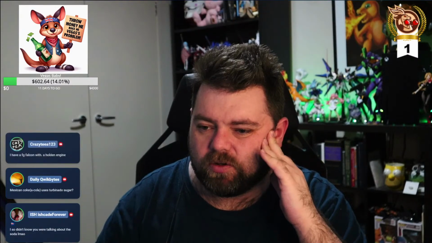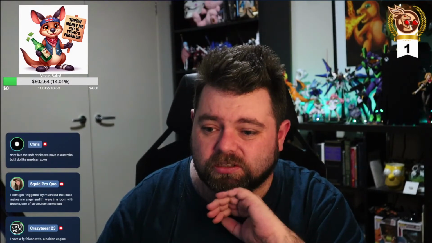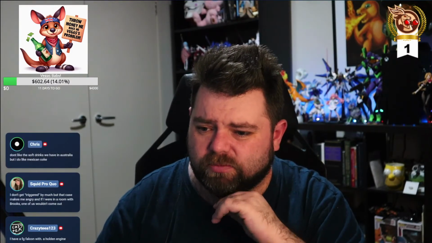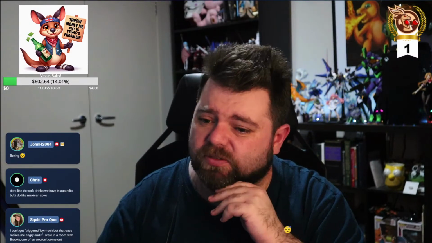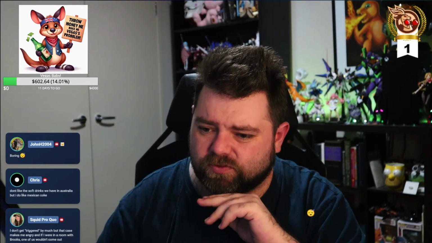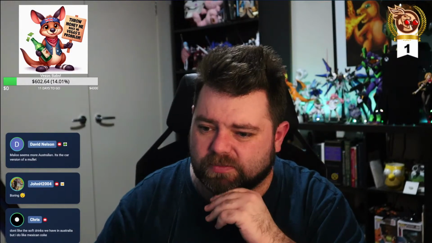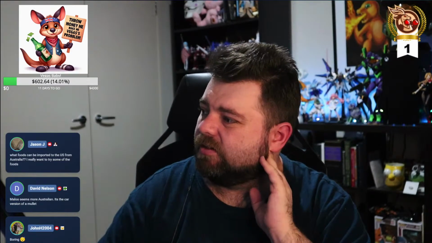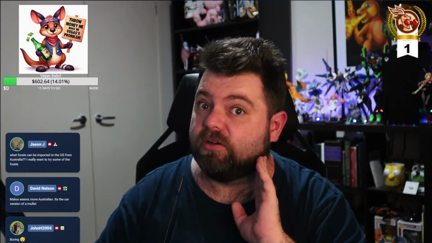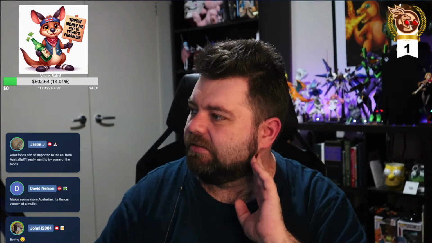Have an FG Falcon all modded, has a Holden engine. Lovely. Don't get triggered by much, but the case makes me angry. If I were in the room with Brooks, one of us wouldn't come out. That's fair enough. Don't like the soft drinks we have in Australia, but I do like Mexican Coke. Really? I wasn't a fan. Don't get me wrong, it's better than American Coke. But